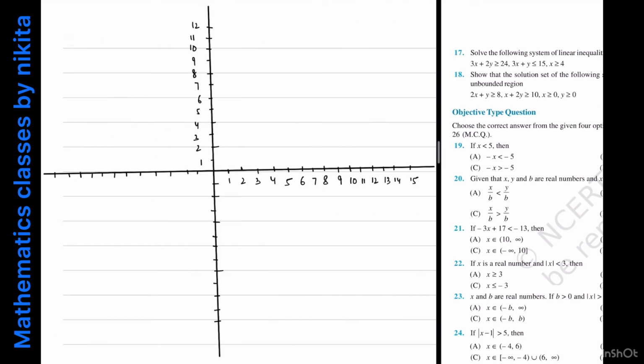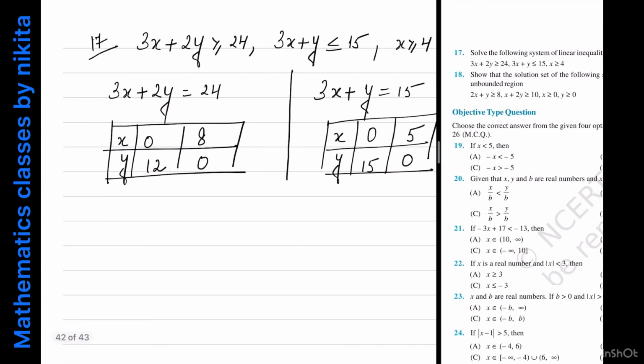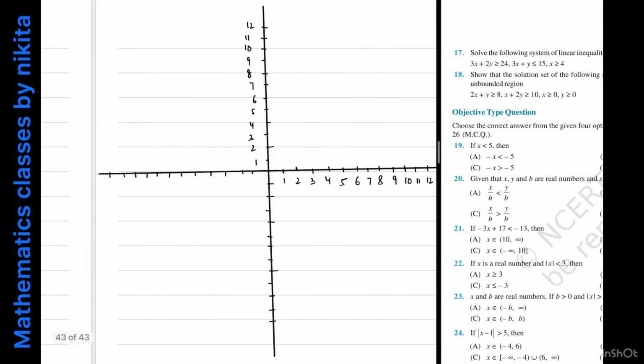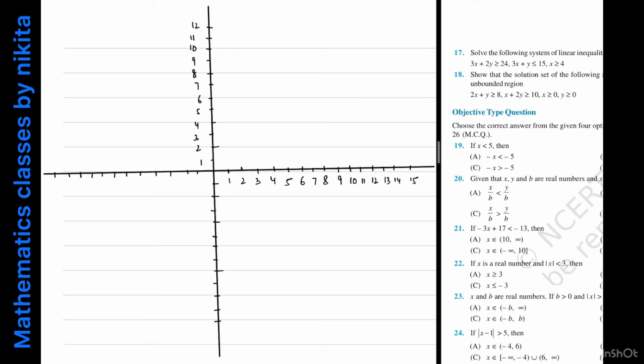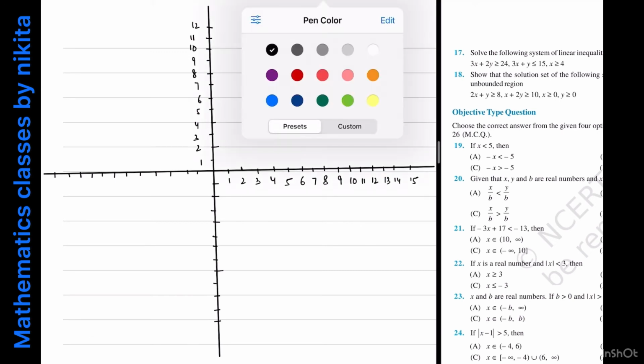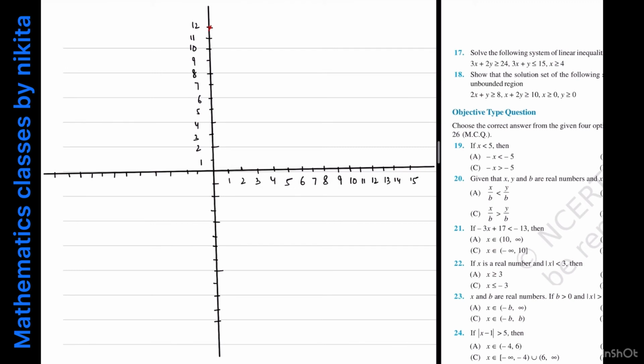Okay, so first we have the line which passes through the points (0, 12) and (8, 0). So (0, 12) is this point and (8, 0) is this point. So let us join these two points. So you will get this line, and this is the first line, that is the line 3x plus 2y equal